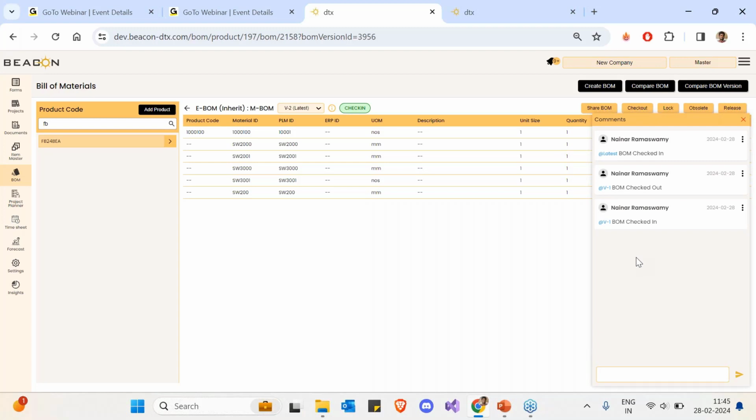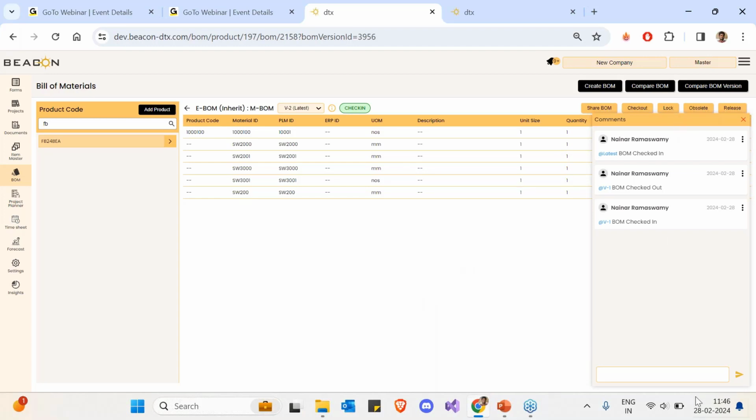So even they can put comments to let you know that there is something that has to be updated. And if you wish to give them edit rights, they can go ahead and also edit this. They can check out, create a new version and say, okay, the component that says SW2 is not available. They can remove that and say, we have another component which is there in your material master, so that they can replace it with this,